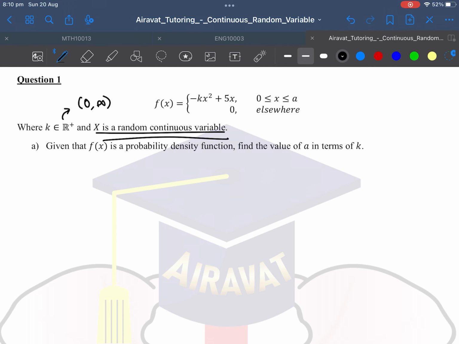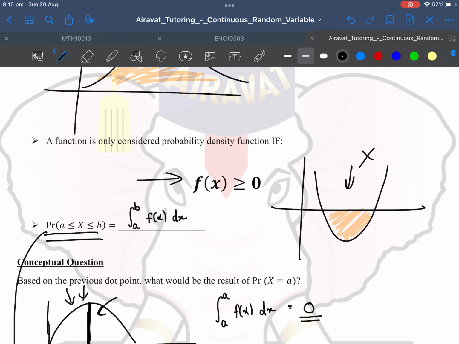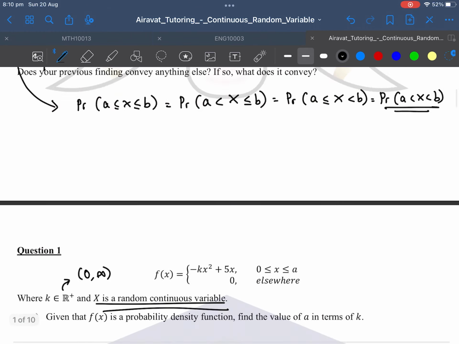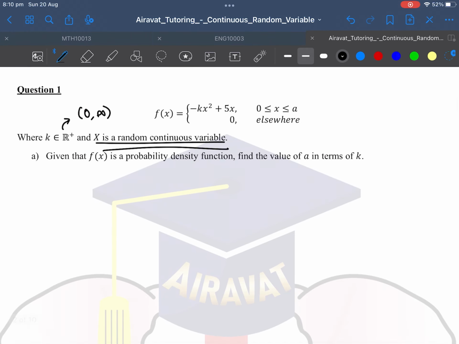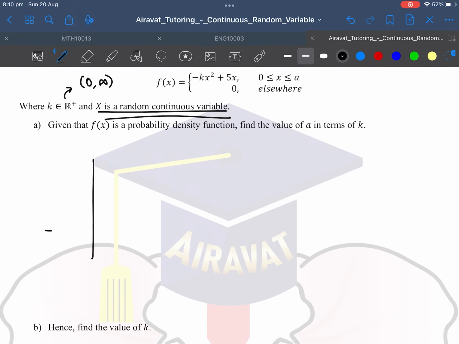Now, one thing, this question is purely based around the property over here. That's the hint. If you want to try this question, pause the video and do so. I'm going to be going through the solution now. Okay. So we know that for it to be a probability density function, the graph has to be above the x-axis. So the area that is encased must be above the x-axis,